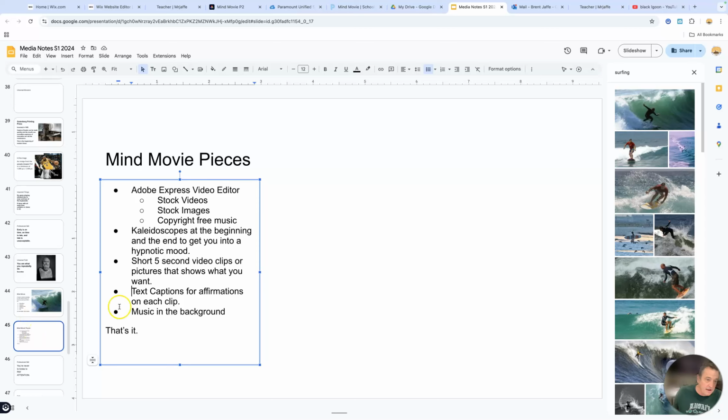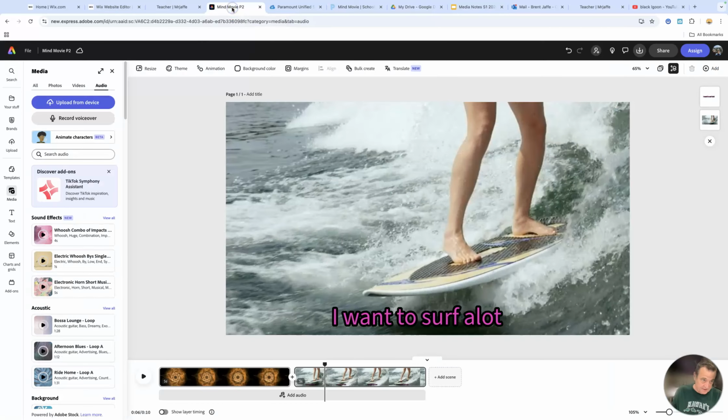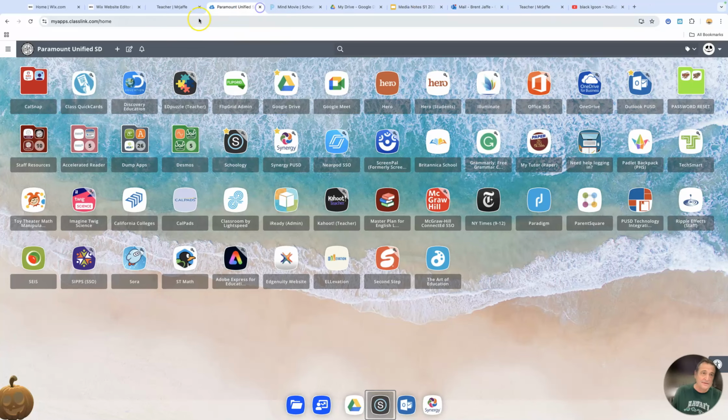Here is the Mind Movie pieces, kind of like what I just showed you, but then also the background of what the Mind Movie is. So refer to your notes for that. But we're going to start this thing here. We're going to start this in